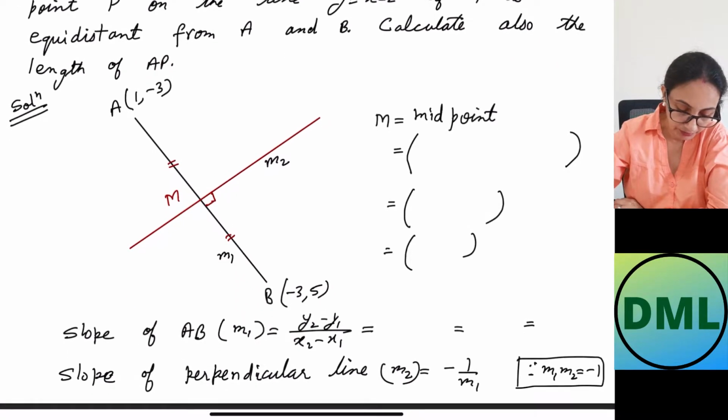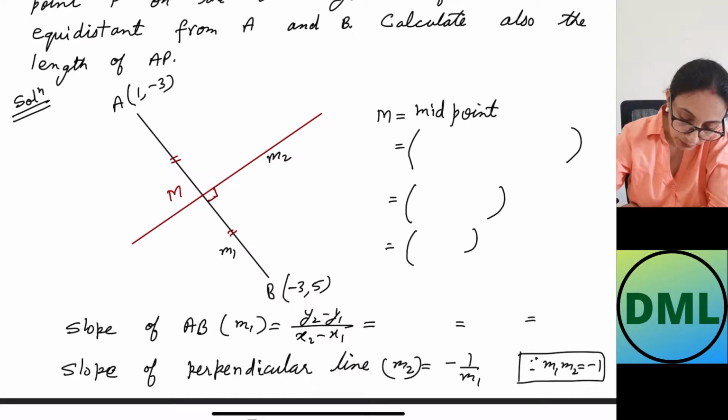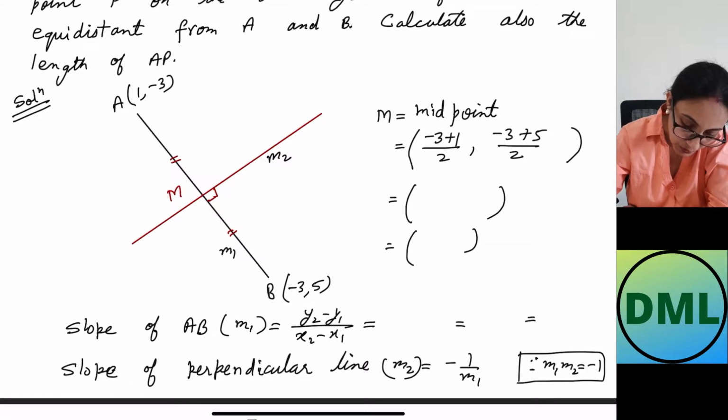As you can see in the figure, the line AB with the coordinates A (1, minus 3) and B (minus 3, 5), I have drawn it for you. And the red line is showing you the perpendicular bisector of the line. So we have AM is equal to MB. So I need to find out the coordinates of M, which is the midpoint. The midpoint formula is given by (x1 plus x2) by 2. So it will be (minus 3 plus 1) by 2 and then (minus 3 plus 5) by 2. If I solve it, it will be minus 2 over 2 and 2 over 2. So 2 will get cancelled with 2, and the answer is 1. It will get cancelled from here also. So it will be minus 1, 1.